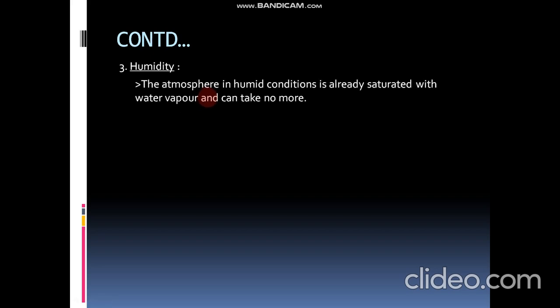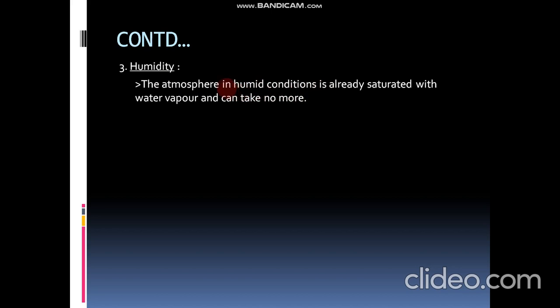Next, humidity. The third factor is humidity. What is humidity? Usually the moisture of the atmosphere, water droplets or water vapor present in the air. Usually on a rainy day, in the early morning and after sunset, some coolness is present in the atmosphere, and that is humidity. Humid means the cooling nature of our atmosphere.